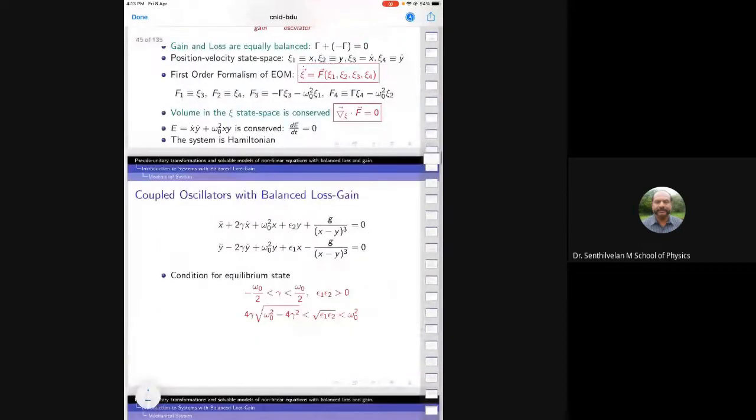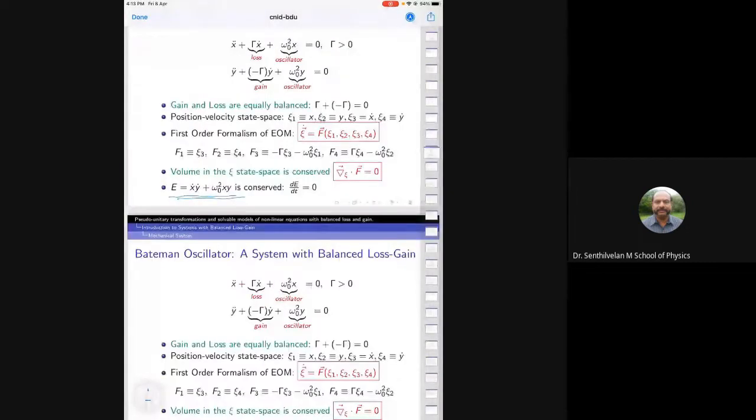Now, these two oscillators are decoupled oscillators. No coupling between the two. So one is losing energy, one is gaining energy. What happens if I couple them? If we couple them, that will introduce some interaction, and it may happen that gain and loss, for some values